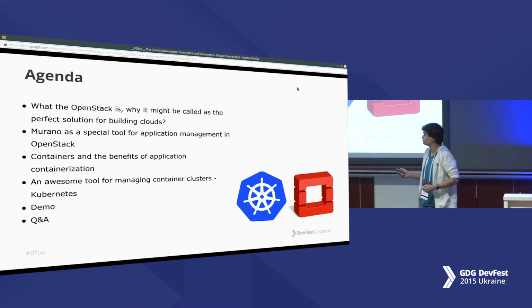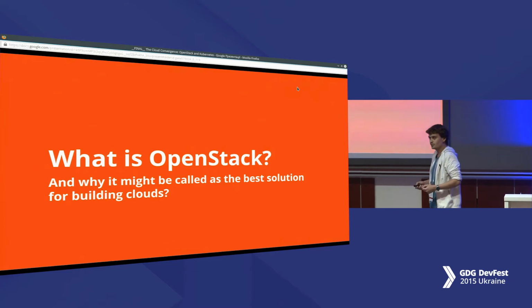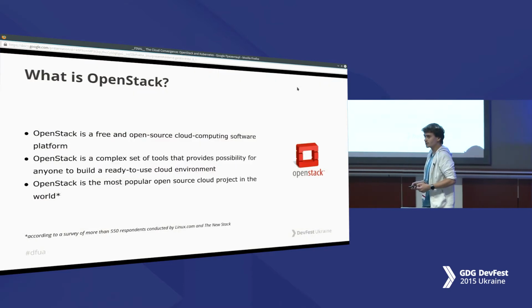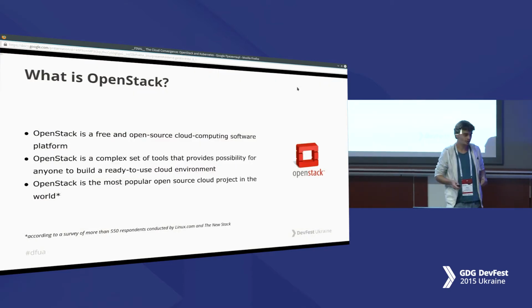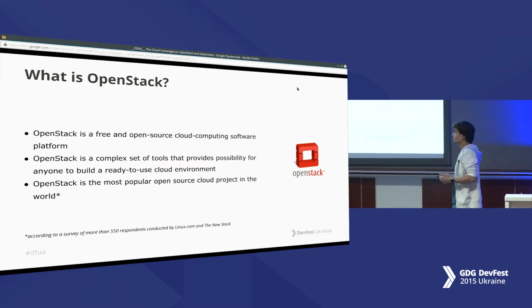How does it work? So, what is OpenStack? Why should you use it? OpenStack is a totally free and open source cloud computing platform.